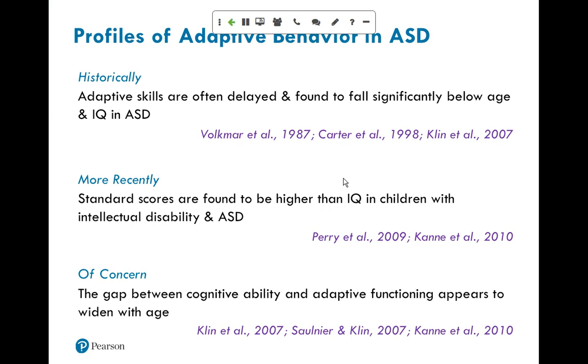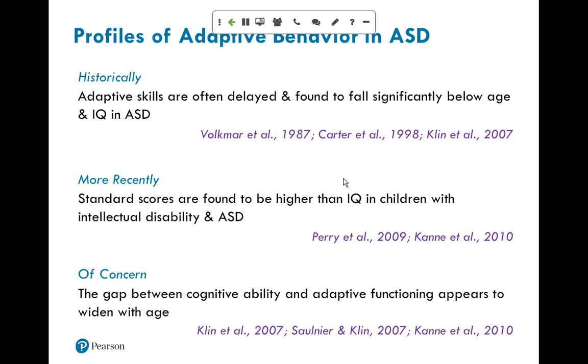Now, more recently, we're seeing that the profiles differ depending on the cognitive level of the individual. So when we see individuals with autism that do not have cognitive impairment, we see striking deficits in adaptive behavior compared to their age and cognitive level, with socialization usually being the lowest. However, in individuals that do have intellectual disability and autism, we're finding that adaptive behavior skills are usually on par with or even higher than cognitive levels or mental age, which is striking and in contrast to what we historically